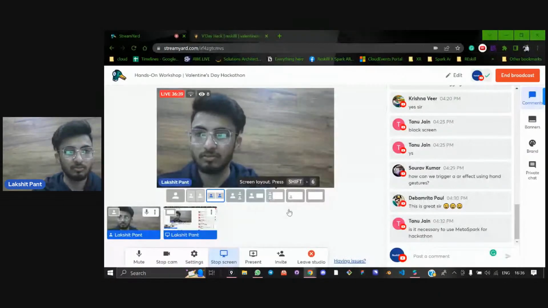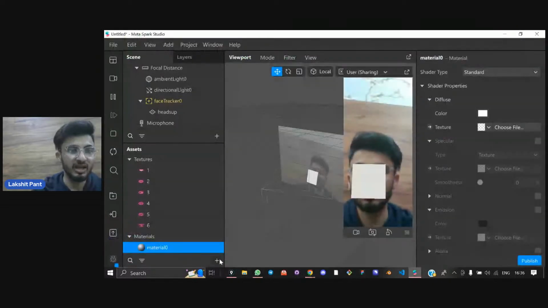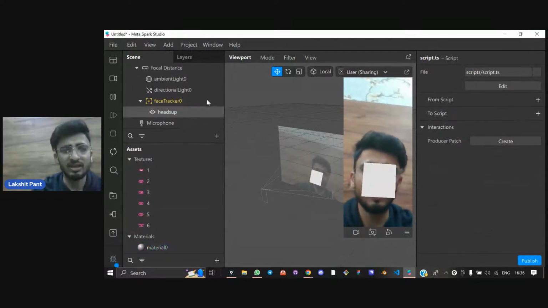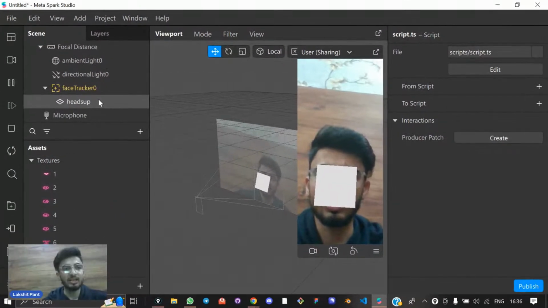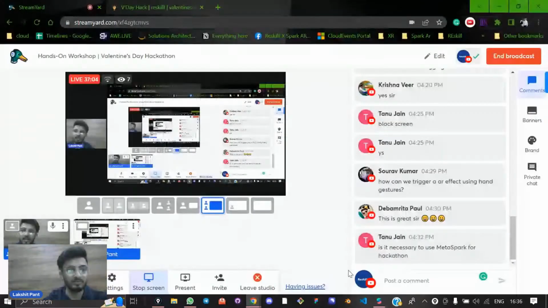The next thing is, now here come multiple things in the materials. There are a bunch of properties that you need to understand. There are two ways: you can click on this one and choose the material, or you can go here and click on the plus icon of the material. Now you can see I have imported the material over here, and it alters on the basis of your requirements. If you see right now, the plane is a little bit shinier because it's set on standard, but as soon as I click on flat,